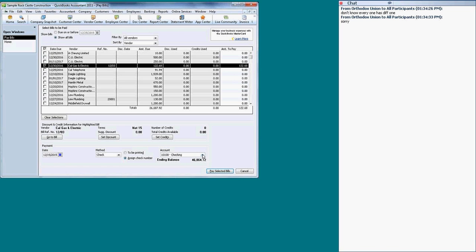Sometimes you could use one account for one type of payment, one account for another type of payment. For example, most companies have an operating account and a payroll account. So I want my payroll to go through my payroll account and all others to go to a separate account. You can set